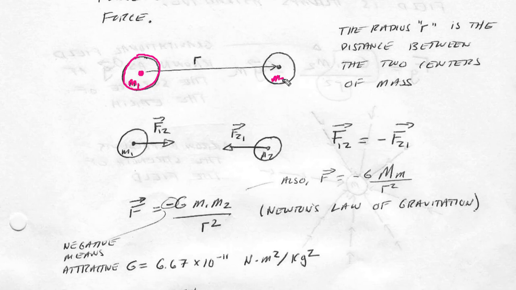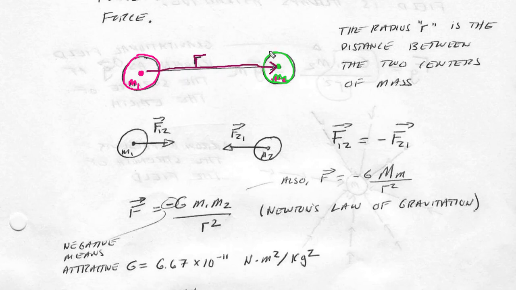I'm going to have mass 2 here, which I'll do in green, and of course we're talking about the center of mass here. Now, when we're talking about the radius, we're actually talking about the distance between the two centers of mass. So we're talking about from here to here, which is important to note because